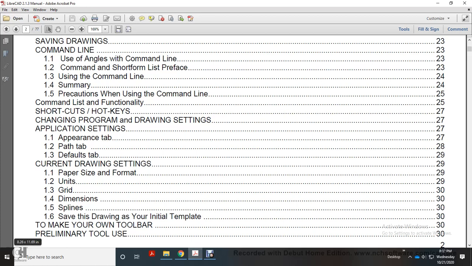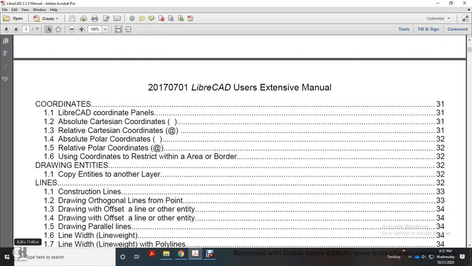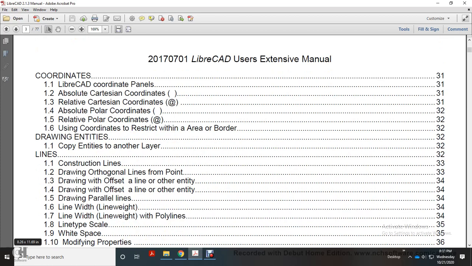To make your own toolbar, preliminary tool use, coordinates, LibreCAD coordination panels, absolute Cartesian coordinates, relative Cartesian coordinates, absolute polar coordinates, relative polar coordinates, using coordinates to restrict within the area of the border, drawing entities, copy the entity to another layer, lines, construction lines, drawing orthogonal lines from a point, drawing offset line, other entity, drawing offset line with the offset of the line of the entity, drawing parallel lines, line width and line weight, line width and width polygon lines,